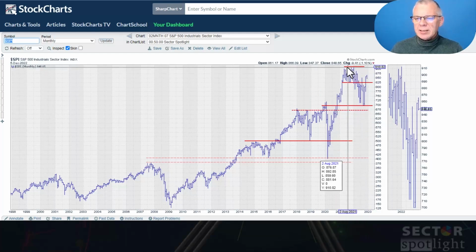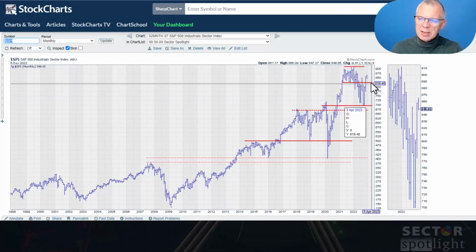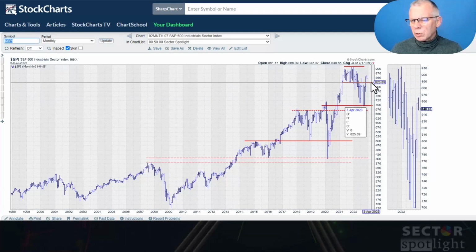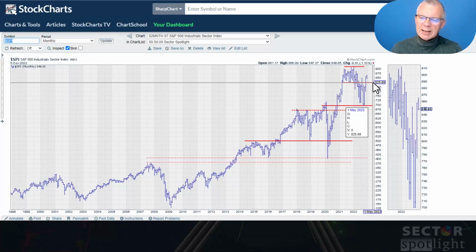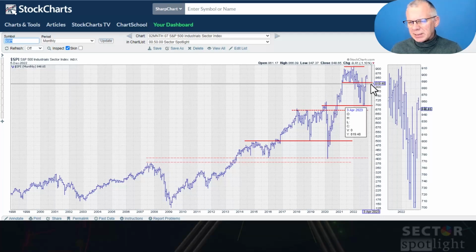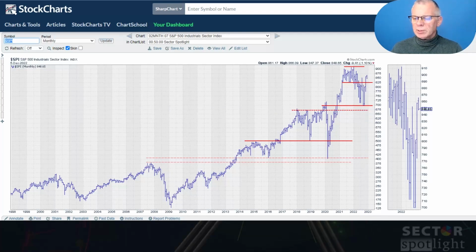I'd say the all-time high around 910, 915, that is resistance. And we may face support around 825, but we could even go down to 700 and pretty much nothing will happen with that trend. So from a price perspective, this is much more of a sideways movement at the moment.